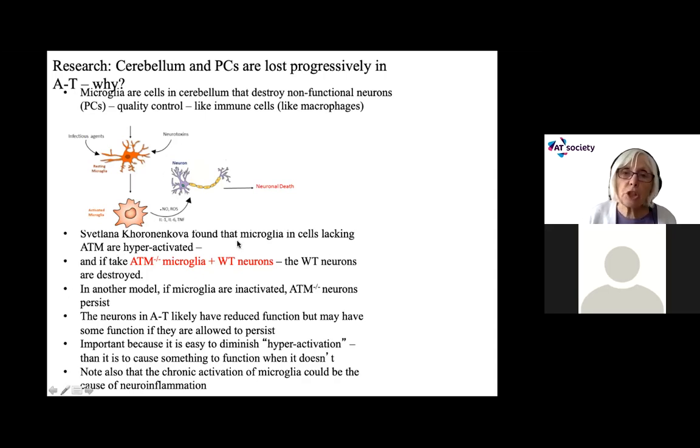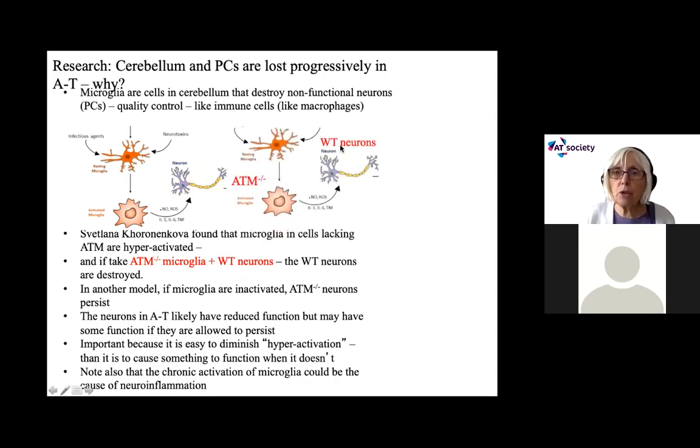So the person doing this grant is Svetlana Korolenkova, who, it's a Russian name, but she's based in Cambridge, and she's found that the microglia in cells lacking ATM are hyperactivated. And what she was able to do was to take, now I need just to explain to you a bit of terminology here. Wild type neurons mean